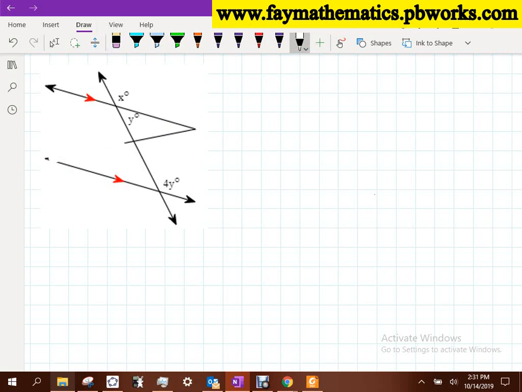Erase the other transversal. If I erase this one, that does not get rid of any of those expressions, x, y, or 4y, because by erasing that one, I didn't eliminate any of those angles that are being displayed using x, y, or 4y. Okay? So now does that generate that fundamental parallel line transversal picture that we define all of our properties off of?